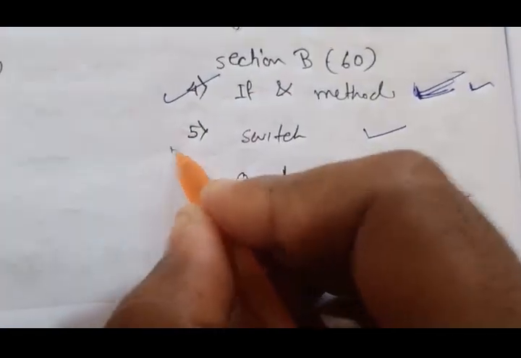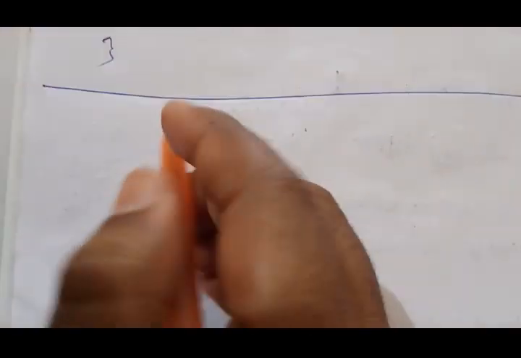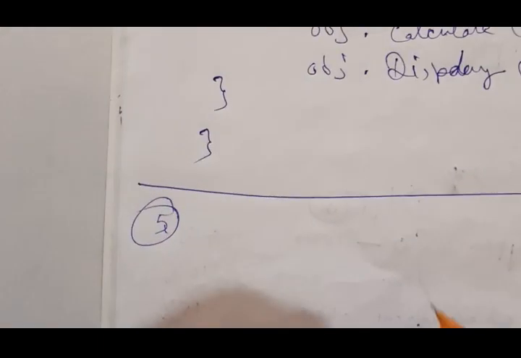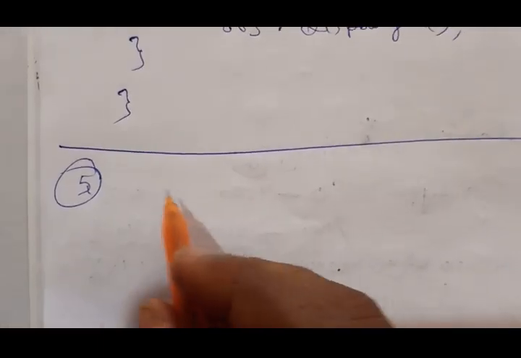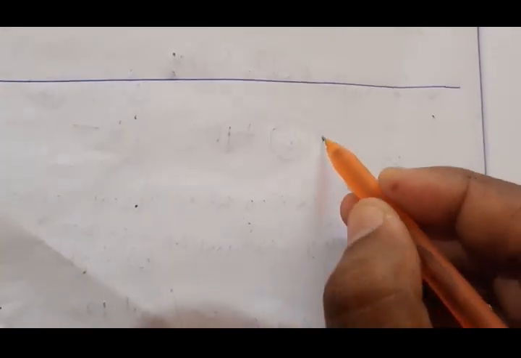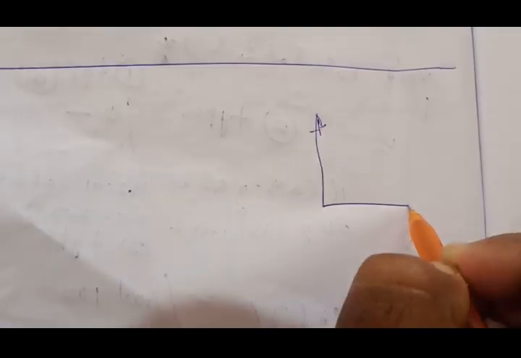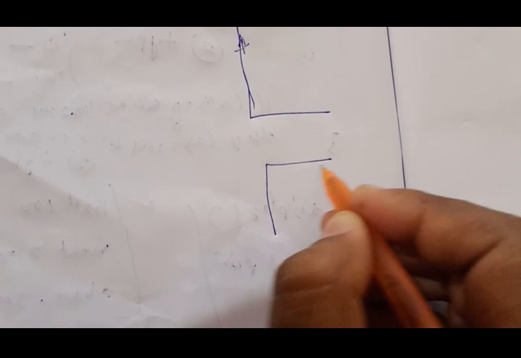Now students, let's start the switch case. In ICSE, switch case is a compulsory question. Each and every year a switch case comes. I'm considering 5 because my serial number is 5 over here. Now in switch case, most of the time you get a pattern, this type of triangle pattern or this type of triangle pattern.